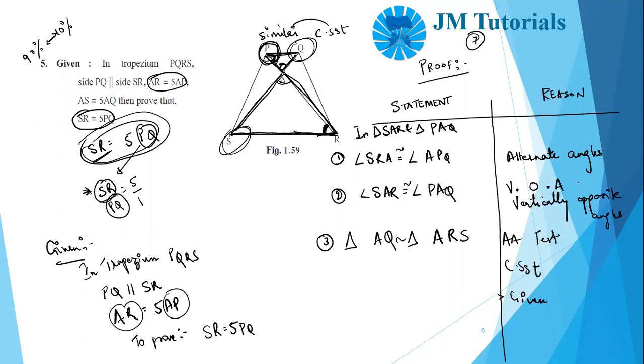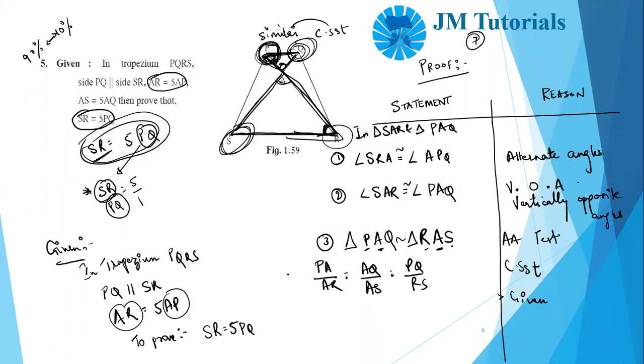See, A is going with A, so that I wrote. This Q is going with S, so I'll rub this. This Q has to go with S. What is left? This P. This P will go with R. Now is it correct? Let's check again. This P and this R, so basically P and R, A and A, and whatever is left, Q and S. Now I think the CSST should be correct. So PA upon AR is equal to AQ upon AS is equal to PQ upon RS.